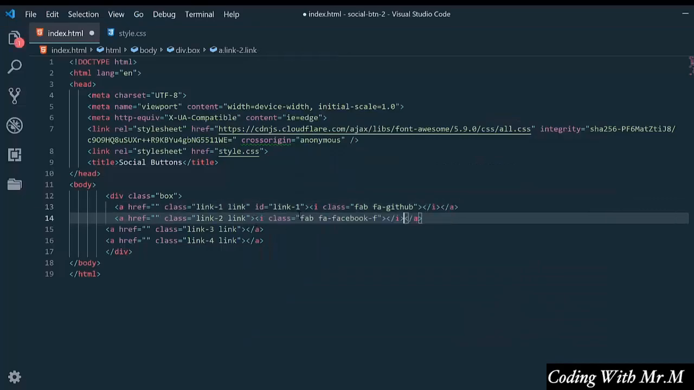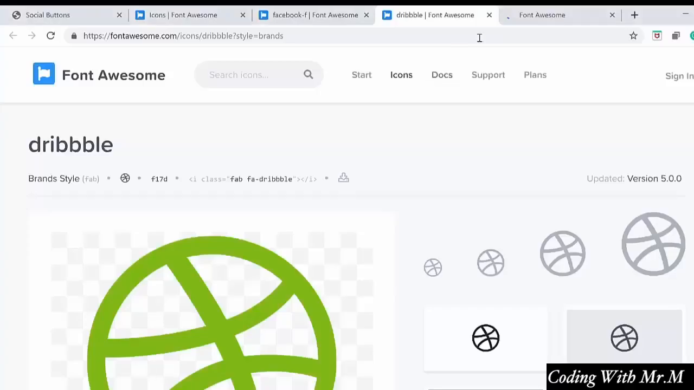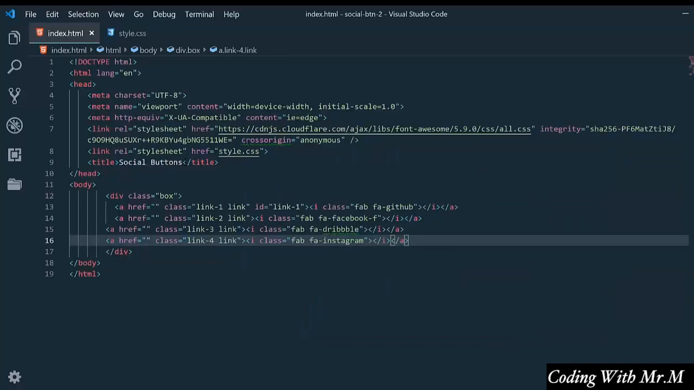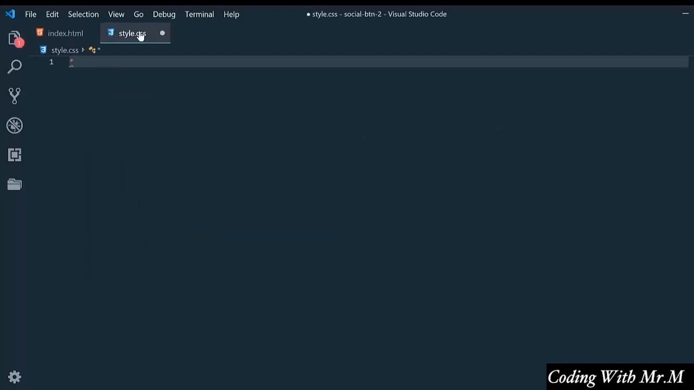It's good for sort of social media links that you stick all around your website. Alright, great, there we are. So we have our 4 icons,